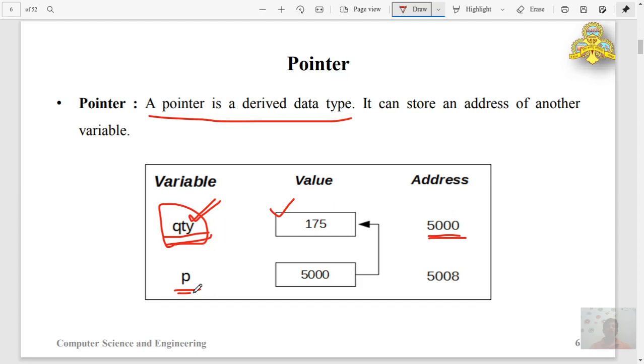P itself has an address, but instead of storing literal values, numerical, float or characters, it stores the address of the memory location, that is memory location 5000. That means it is pointing to another memory location, hence the name pointer.